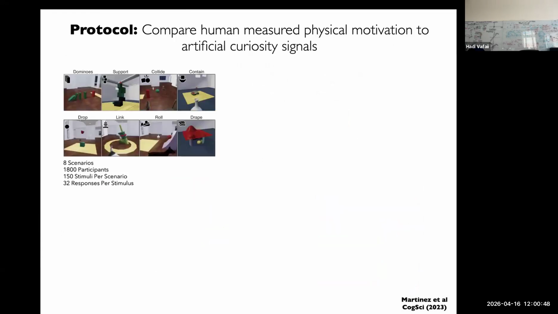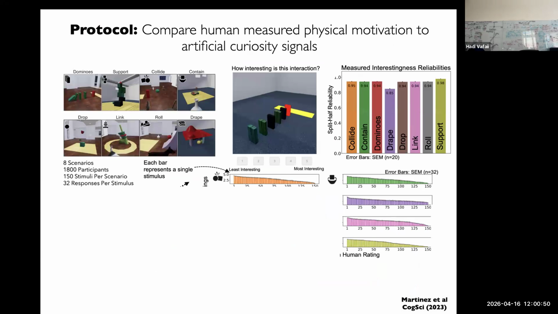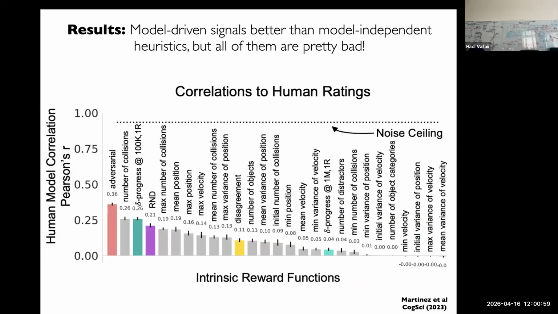We tried them, and we got human data on about 1,200 examples of scenarios, making humans rate what they found interesting and useful. That led to a very reliable human signal. But all of the curiosity signals were very far from being correct. We had no concept of how to get a good model of what human interestingness was going to be about. So a really strong test might be: if we take the model and try to generate predictions of interestingness, do we get much closer to human ratings on something like this? With maybe empowerment or something, which we can compute in the model.